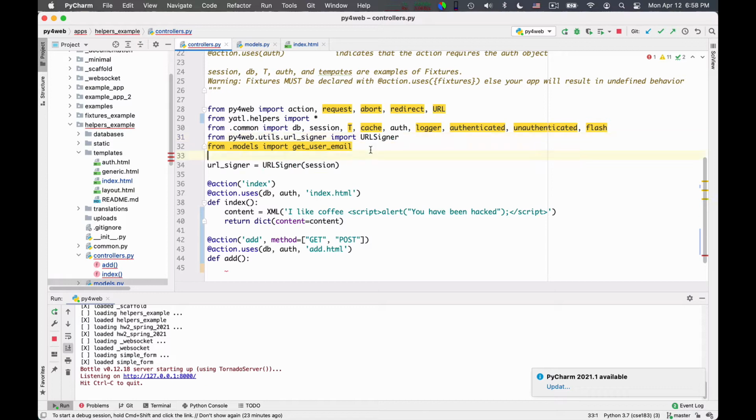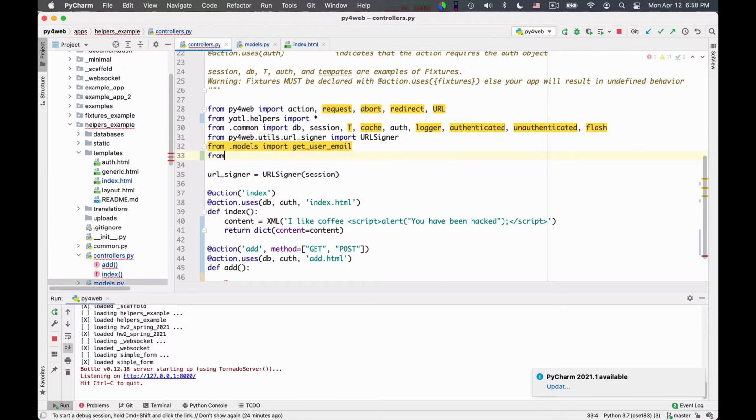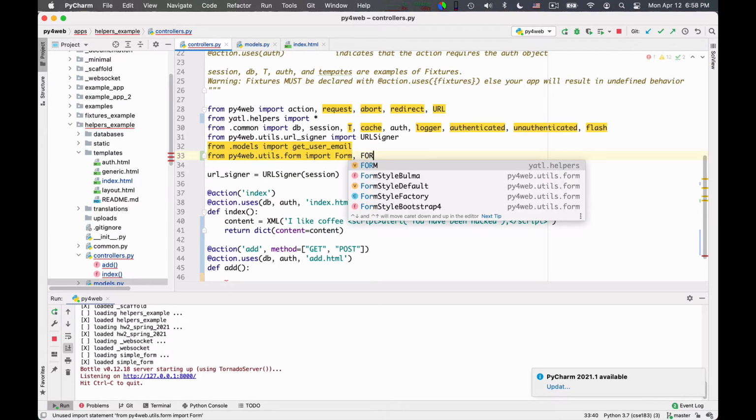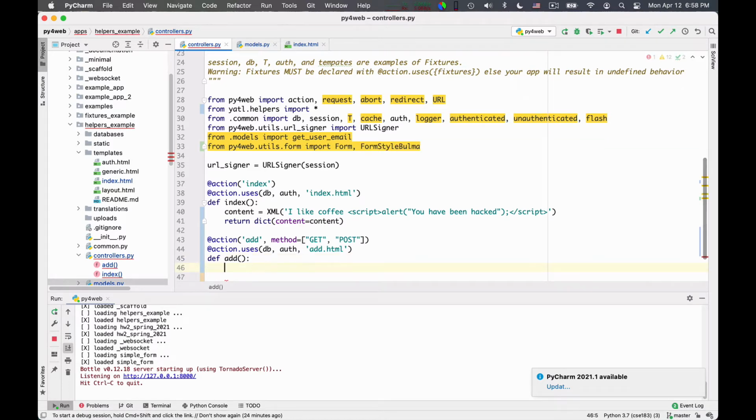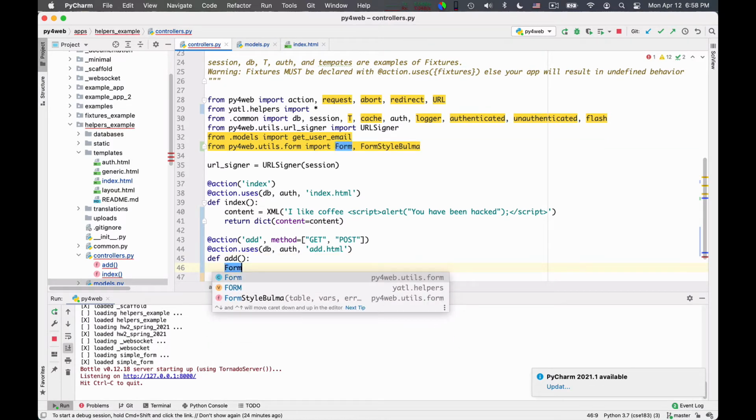I should also import the form from py4web utils form, import Form, so that I can create forms and also FormStyleBulma. Okay, so here I can create a form for adding content.